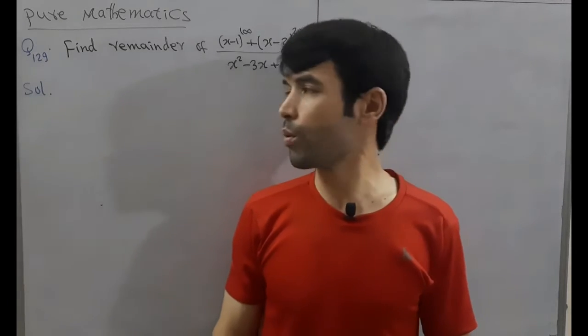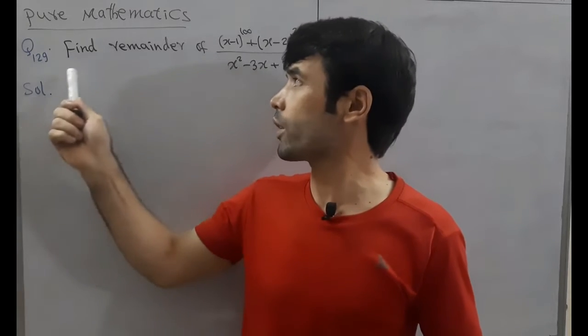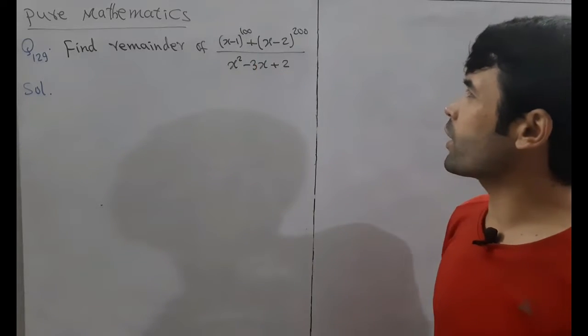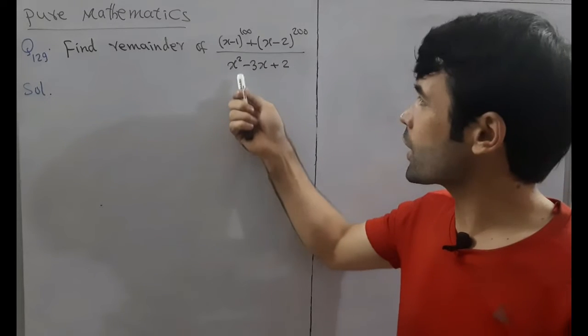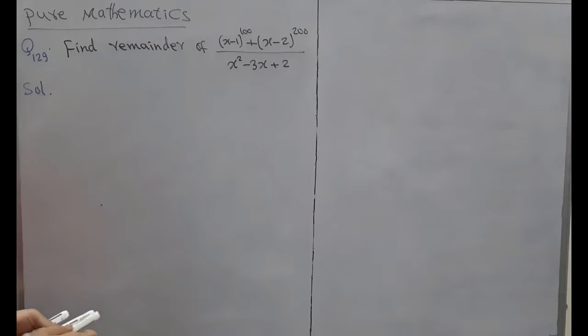In this class we want to solve this question 129. Find the remainder of (x minus 1) to the power 100 plus (x minus 2) to the power 200, divided by x square minus 3x plus 2. Solution: